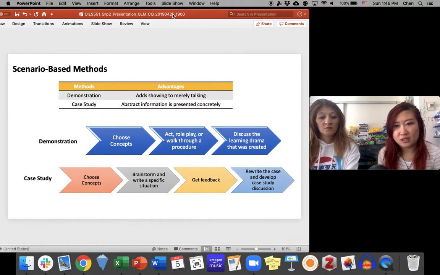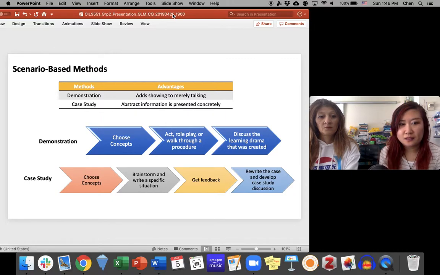Essentially, when you want to deliver a material, you choose the concepts and then you think about a specific situation that could happen in real life or artificial, and then you design it and ask the people around you to see if it's a good study or not and get some feedback,